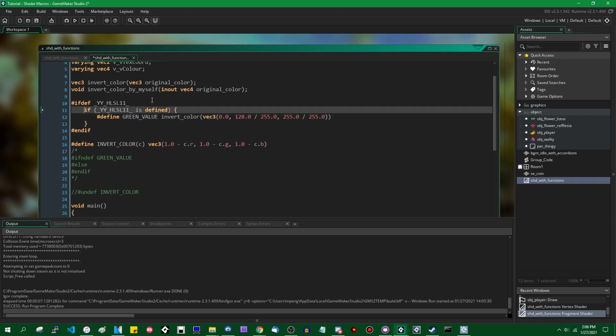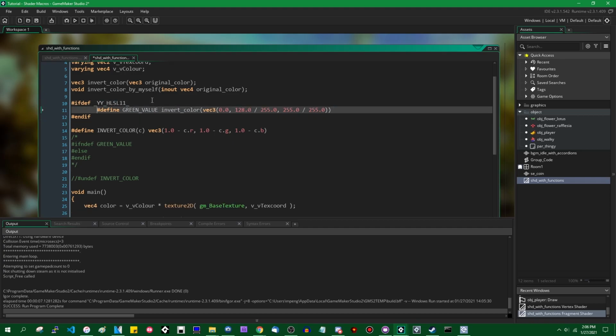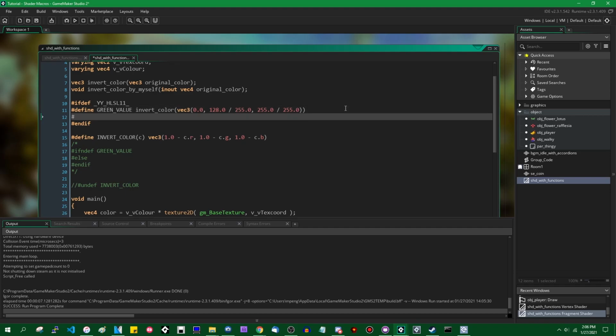This if statement, of course, has no meaning to the preprocessor, so that's not going to be useful to us. But we can define green underscore value as this thing here on Windows,